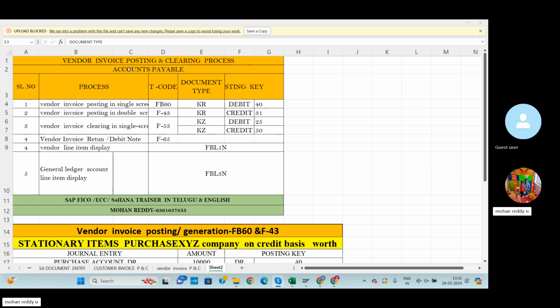So vendor invoice posting and clearing process. First of all, a vendor is the person or company from whom we buy goods and services. So this person is called a vendor. For example, one company buying goods and services. For example,